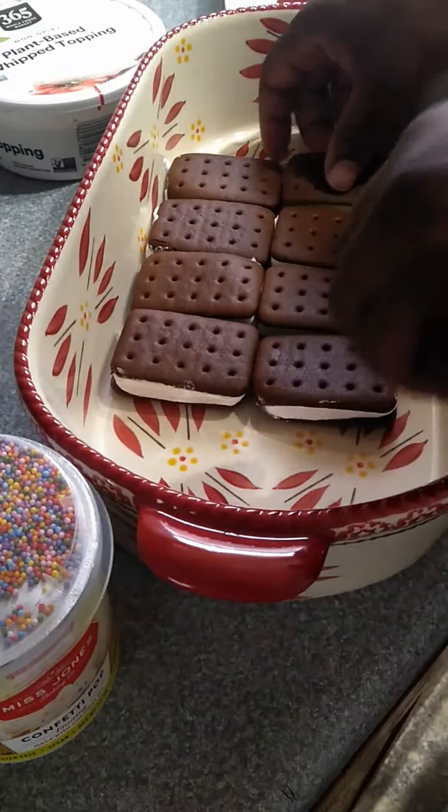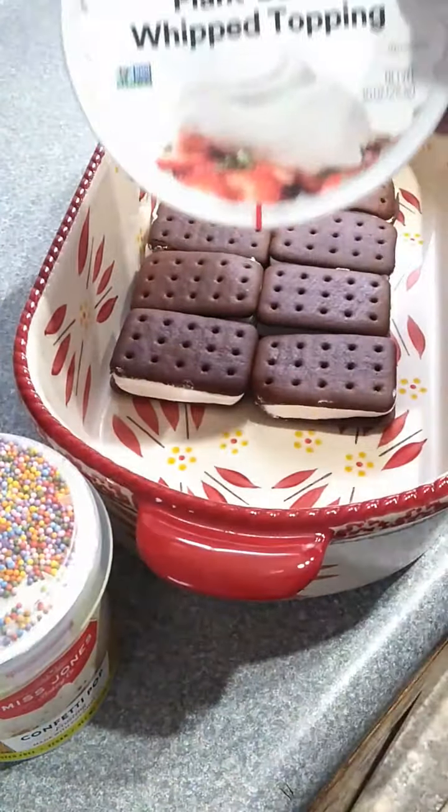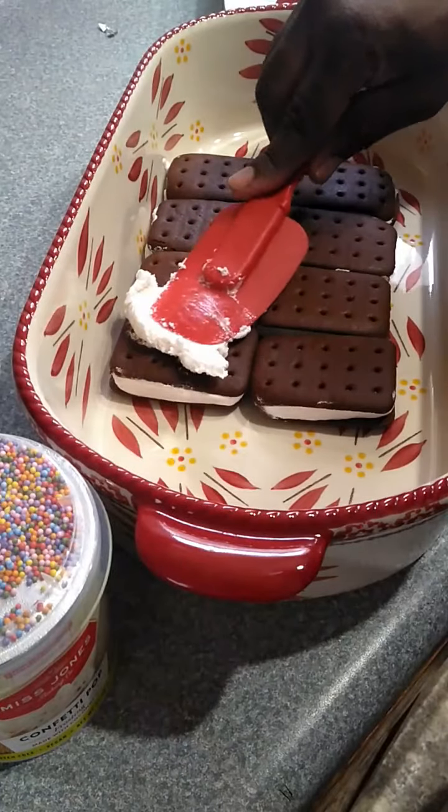All right, guys. There you go. So there's the first layer. Then I have some of this plant-based whipped topping. Not sure how that's going to taste. But guess what? It's going to save me from... actually, I don't know if regular whipped cream is an issue for me. I would imagine it is if it has dairy. Wait a minute. Do I put this on first? Yes, I do. So whipped cream,